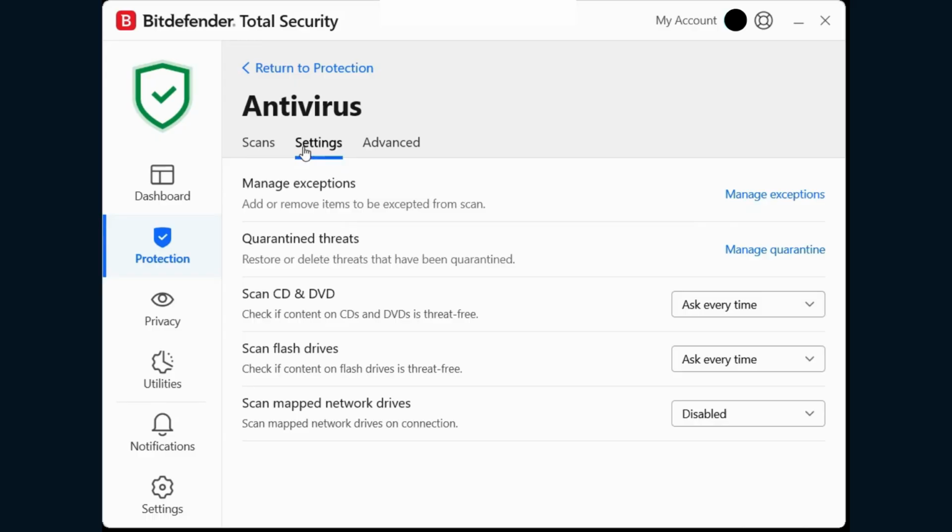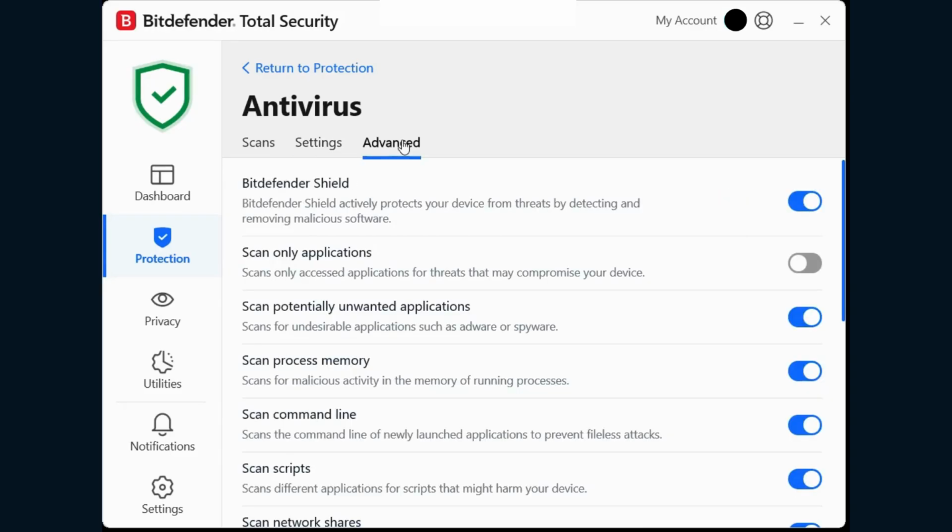In the setting part of antivirus, you can put the data that you want the exception, or you want to put the unknown data to be in the quarantine, or the physical storage like DVD, CD, flash drive, and map network drive to scan. For the advanced setting in the Bitdefender antivirus here, you can see the Bitdefender Shield, scan